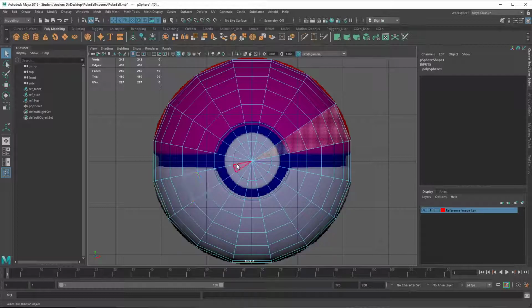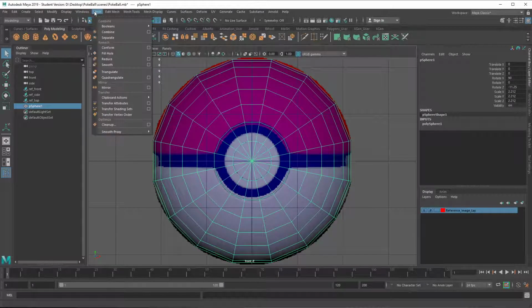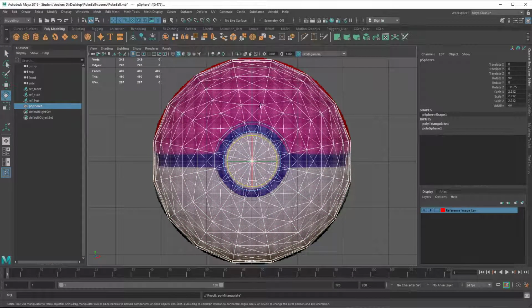We can pretty easily see that this is the continuation of this selection, probably, but Maya is not sure. So instead of just guessing, it's just going to stop. See, the same happened here and here. Now, if my whole shape was made out of triangles, if I go to my mesh triangulate, that is going